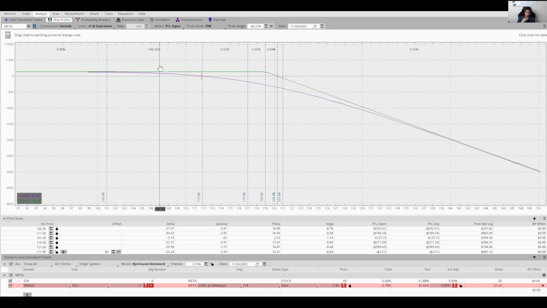Because remember that you're selling a call. So we know that if a call goes down, it goes closer to its premium. It goes to zero, right? It gets closer to expiration. So that means it's easier for the contract to expire in a way, because that's why you see here that obviously the time decay over here is going to be less than over here, because there's less extrinsic value on this level than over here because of the distance between the strike.